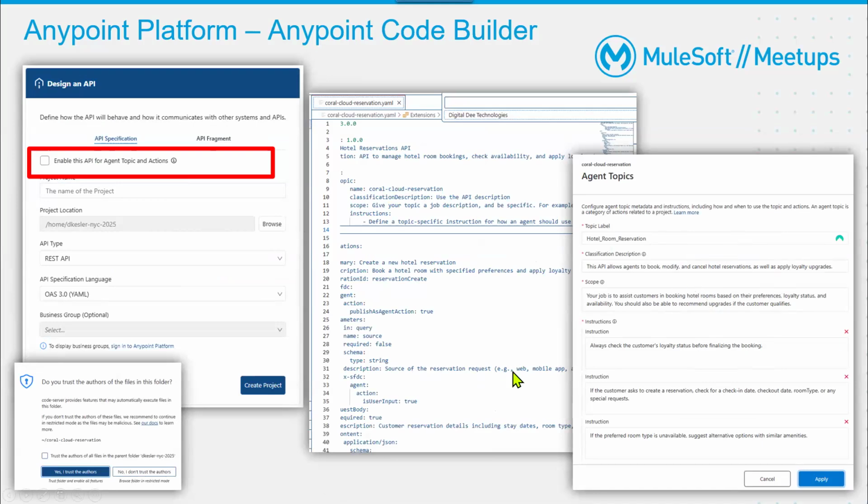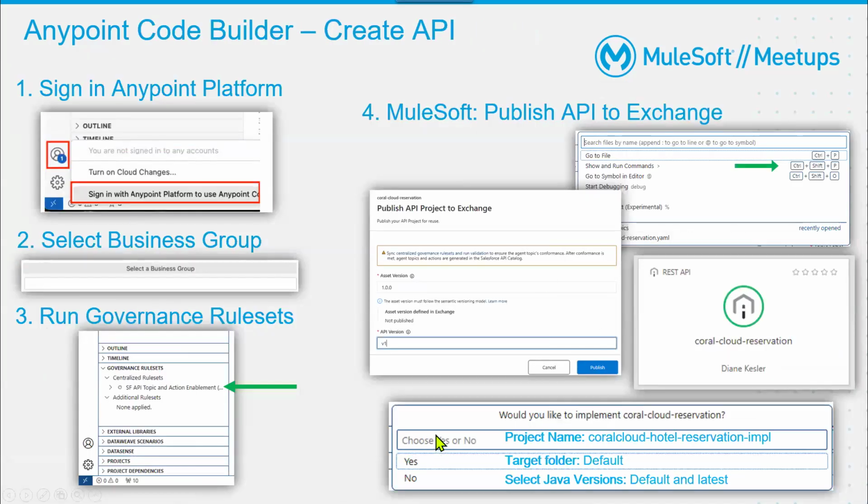And then there's instructions here to take this forward in Anypoint Code Builder, but ultimately you're going to publish it to Exchange. Okay. And we're going to do that in the Design Center. We're going to go today because this is not working right now. We're going to build ours today in Design Center, run it against the governance rule sets, and then publish it